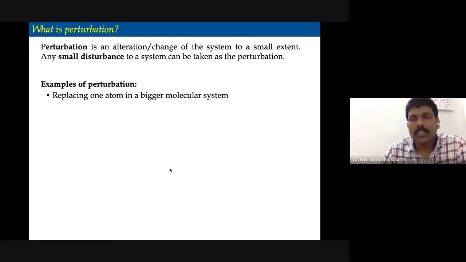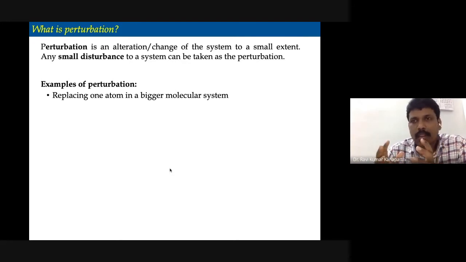Now imagine we have a hexatriene, a 1,3,5-hexatriene conjugated molecule. In hexatriene we have a total of 6 carbon atoms, and of course the hydrogen atoms as well. Then in this skeleton, you knock out one of the carbon atoms. That means out of the 6 carbon atoms, one atom you knock out and replace with some other atom, maybe phosphorus, maybe nitrogen, or something else. You just replace it.